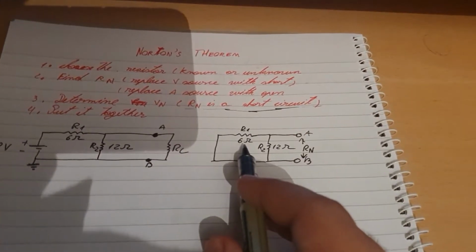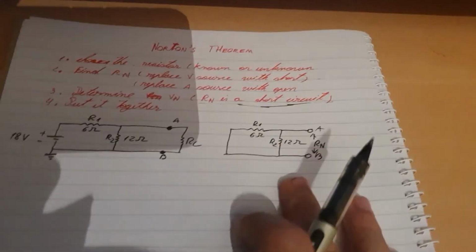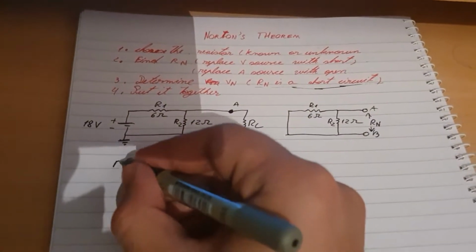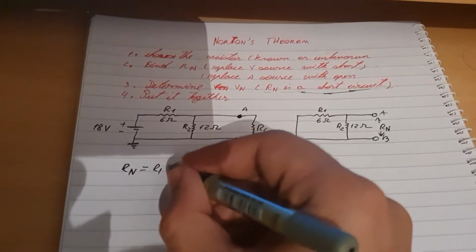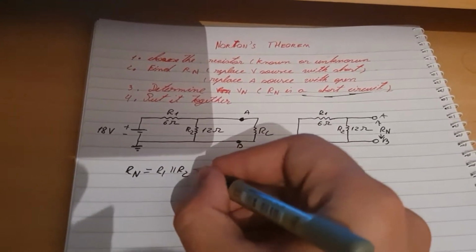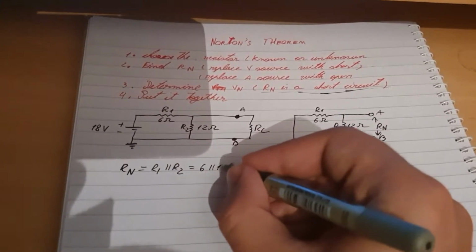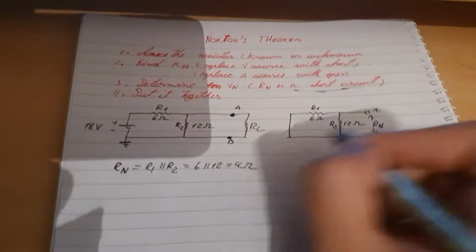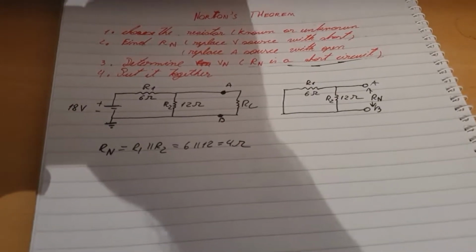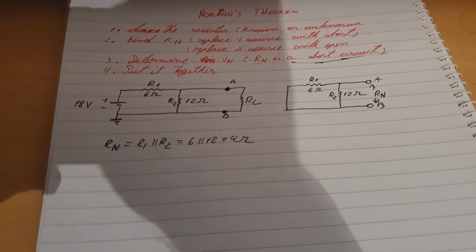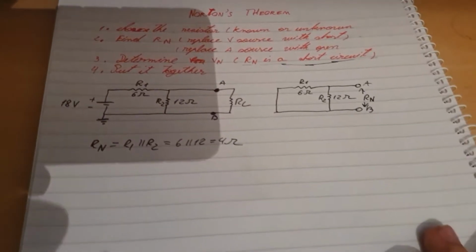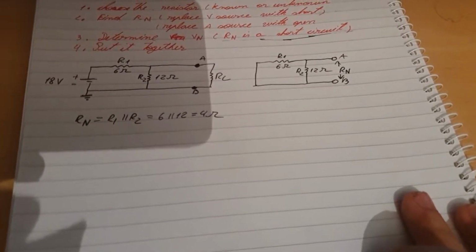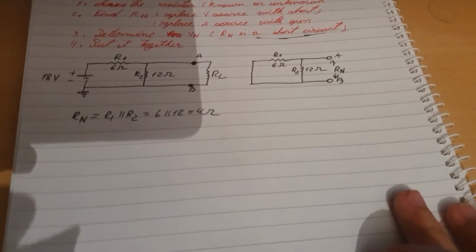As you can see, 6 and 12 are in parallel, which is quite simple. So exactly just like Thevenin, Rn is equal to R1 in parallel with R2, which is equal to 6 in parallel with 12, and that is equal to 4 ohms. So you can already see that Thevenin and Norton are basically the same when it comes to calculating the resistances. But here is the difference when you want to calculate the